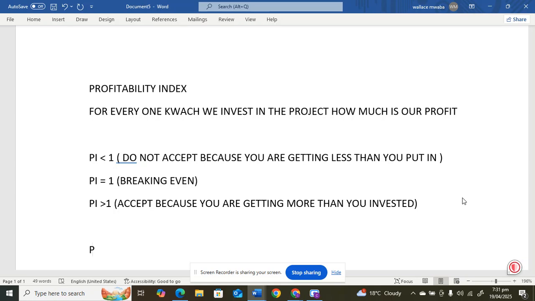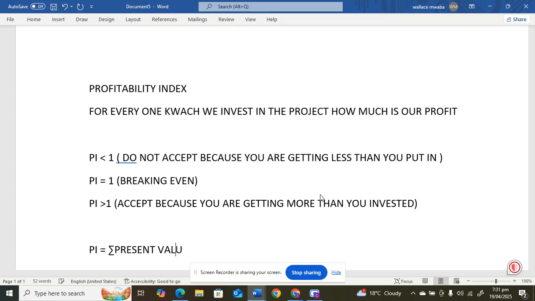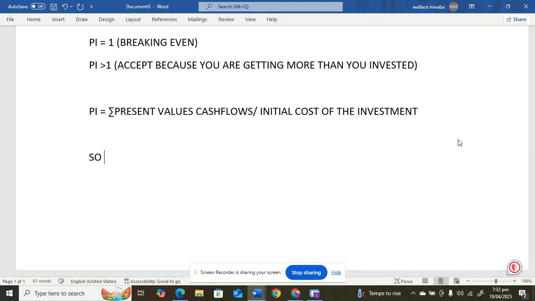So how we get our profitability index is just the summation of the present values of our cash flows divided by the initial cost of the investment. So what's going to happen is we convert our cash flows into present values to get their value today, and then we divide it by the initial cost of the investment. So for example,